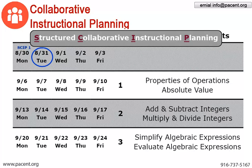In this example, our first SCIP will focus on strategies to teach the properties of operations and absolute value. The following week, our second SCIP will focus on new concepts related to integers as well as dedicate time to review student performance on the previously taught content. Our third SCIP will focus on working with expressions as well as reteaching strategies for the concepts from the prior